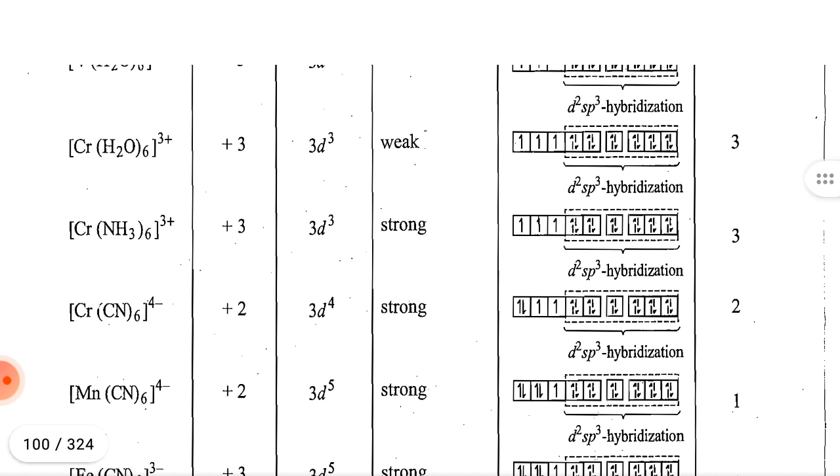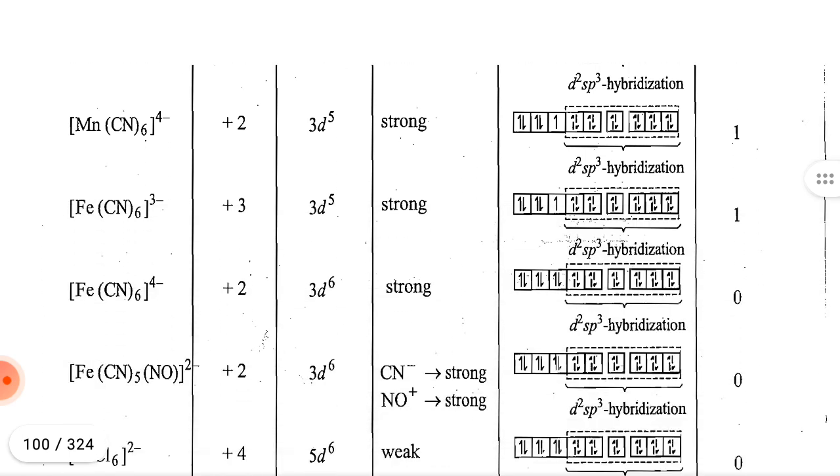Four electrons will be there because cyanide is a strong field ligand, so pairing of electrons will occur. Cyanide will share 12 electrons and form d2sp3 hybridization. 2 unpaired electrons will be there. Manganese